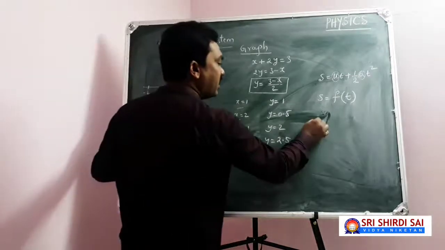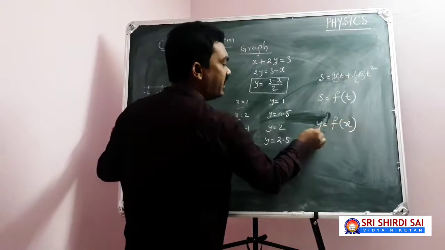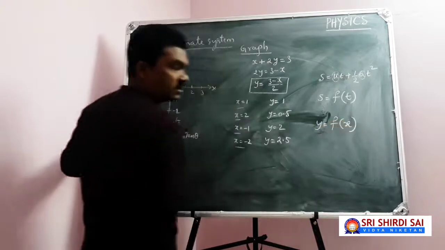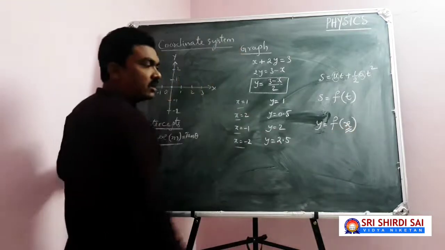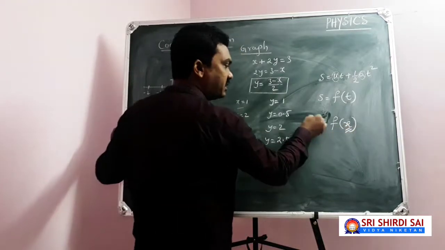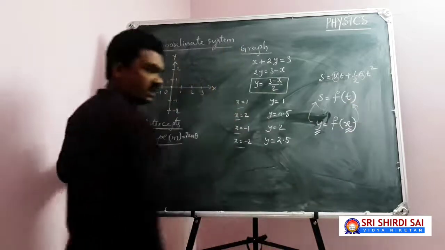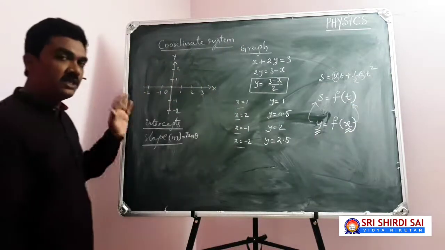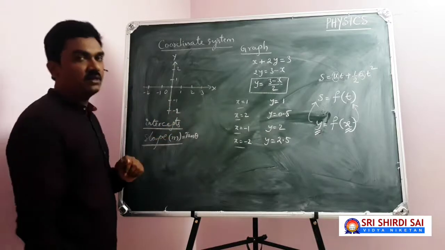Similarly, when you are saying y equal to f of x, then y is a function of x, where x is independent variable and y is dependent variable. You connect like this, you can understand easily how time is independent variable and displacement of the body is a dependent variable in that.